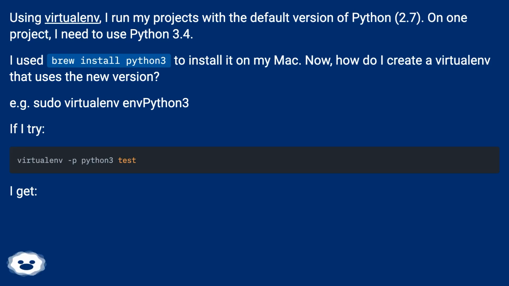Now, how do I create a Virtualenv that uses the new version? E.g. sudo virtualenv python3. If I try, I get